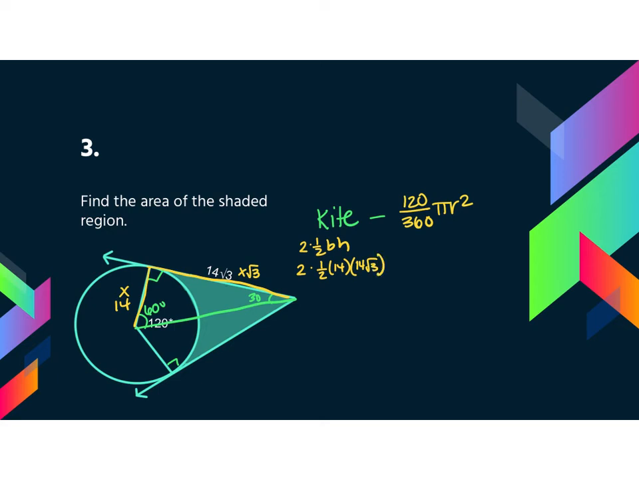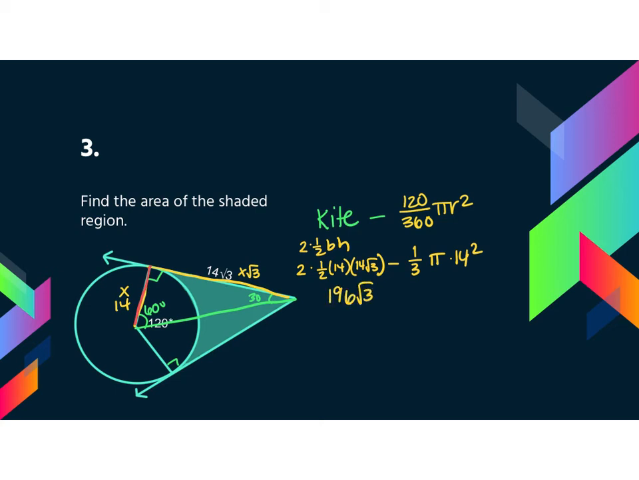I'm going to bring the other part of our equation down. So we're going to take away 1/3, because that's 120 over 360, simplified, pi, times my radius, which is the same thing as this length right here, which we found was 14. So times 14 squared. Now we just need to do some simplifying. On the left, 2 times 1/2 reduces to 1. 14 times 14 is